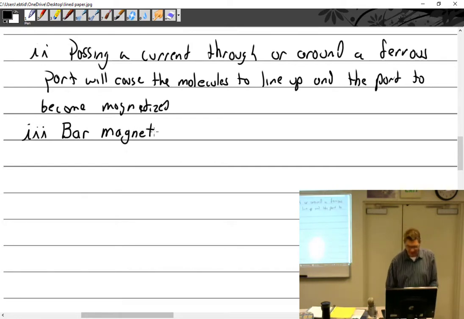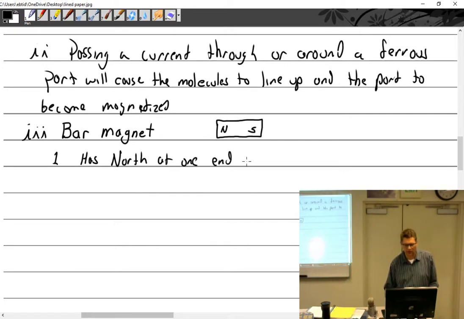Bar magnet. Hey, we can actually read that. What about a bar magnet? Well, a bar magnet is just a bar that is a magnet. Not the kind of bar you guys are going to later tonight, but that kind of bar. It has north at one end and south